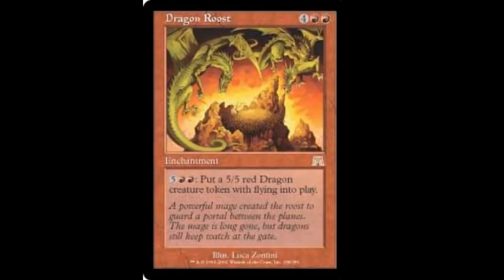Dragon Roost. 6 mana to cast and 7 to use. And I firmly believe that's why this card doesn't see more play. Because you get more or less a vanilla dragon. It's 5/5 and it's flying. But how many times have you begun your turn and went to untap and had 7 open? Yeah, it doesn't happen a lot, but